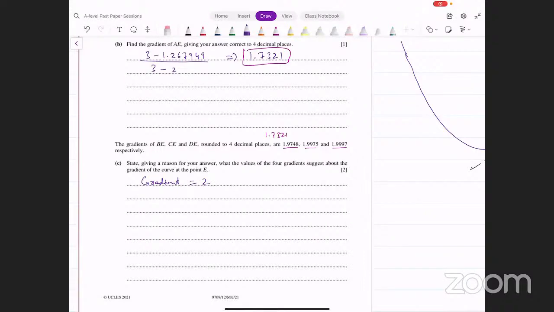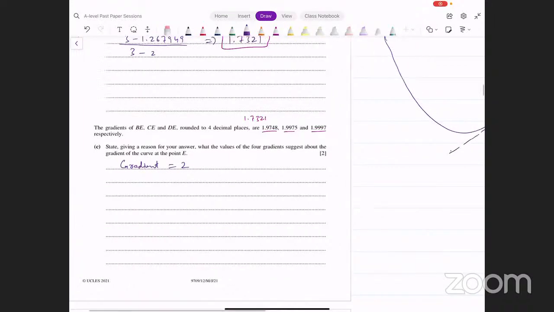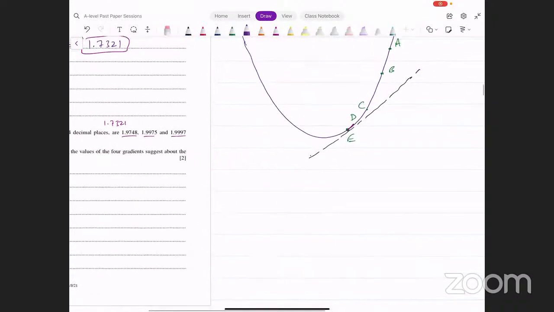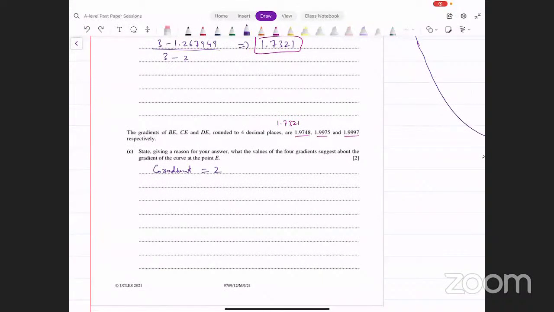ठीक है. अच्छा, अब उस दूसरा उसने क्या कहा है? Give a reason for your answer. एक मार्क आपको इसका मिलेगा for writing down the gradient. Second mark आपको किसका मिलेगा? You have to give a reason. So you can say the gradients of the chords, ये जो chords हमने सारी बनाई है, all of these chords, A, E, B, E, C, E, D, E, ये gradients किसको approach करें? They're approaching 2. So you're going to write the gradients